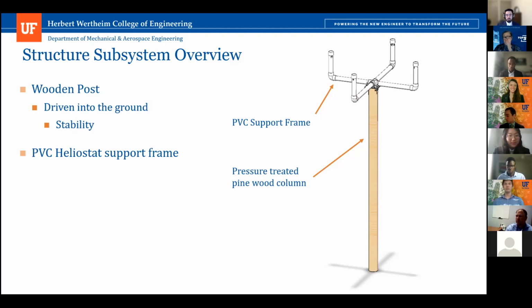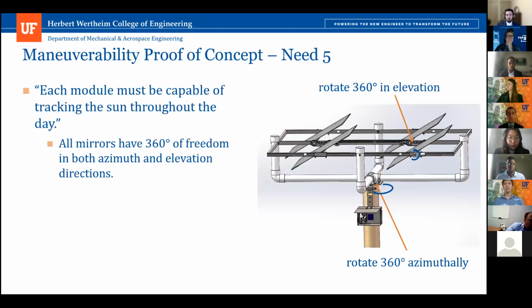Some of the needs that I remember, because I've looked at these going back to last semester, and some of this stuff is kind of stuck in my mind. There was a customer need for independent actuation of the mirrors. It looks like all of your mirrors are actuating as one. Yeah, so